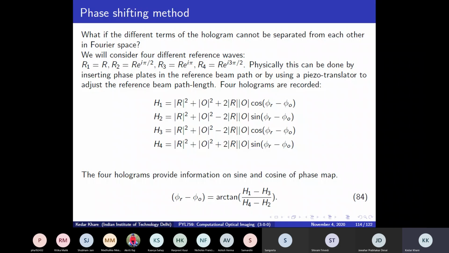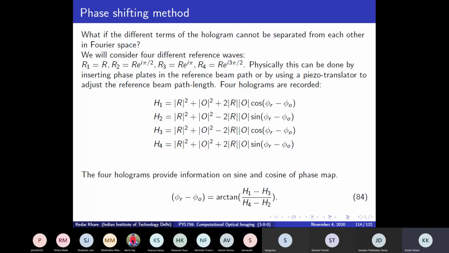And these four equations are assuming that everything has been ideal. So during the recording of four interferograms, nothing else has changed. So you have to really control these systems very carefully. Even something like airflow from an air conditioner and things like that can also change the stability of systems. So these systems have to be in a stable environment, away from any disturbance. However, this is another method which has been popular in the literature.